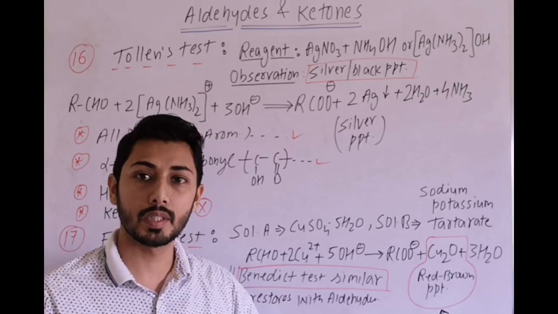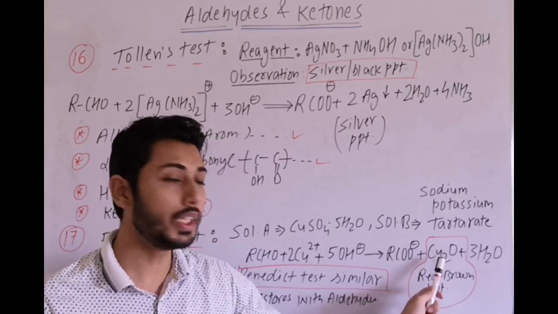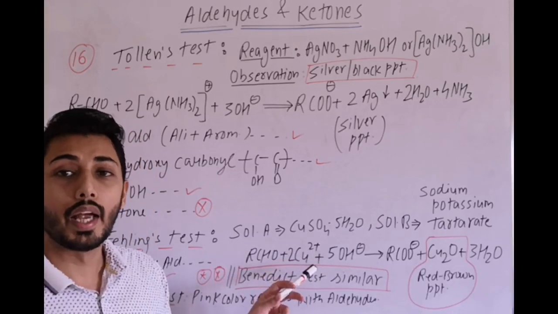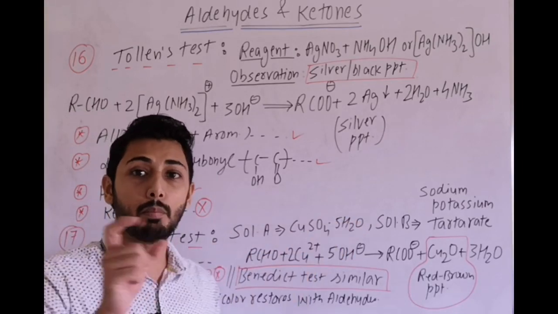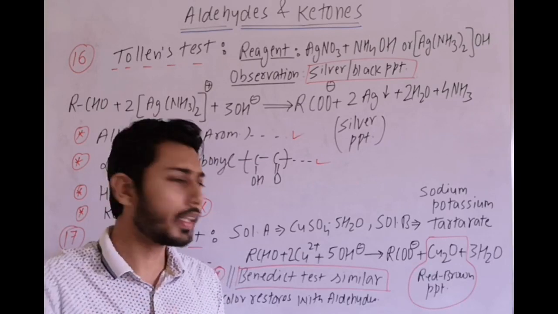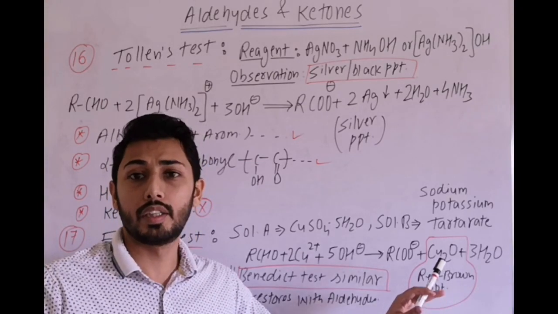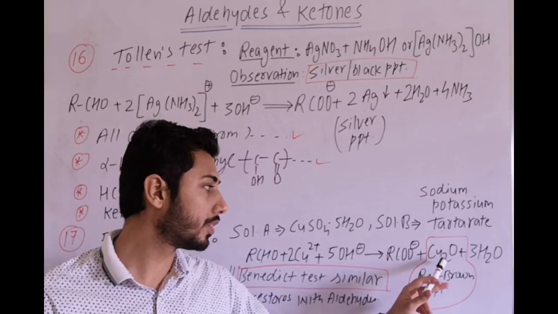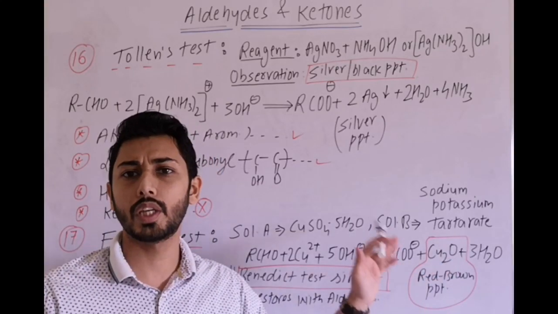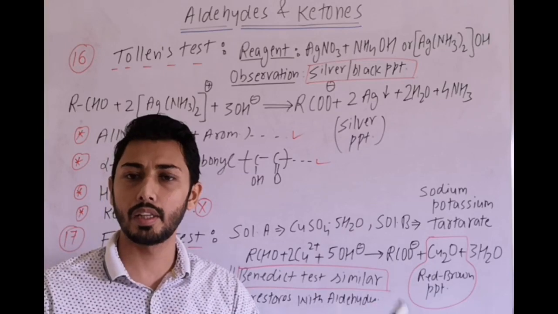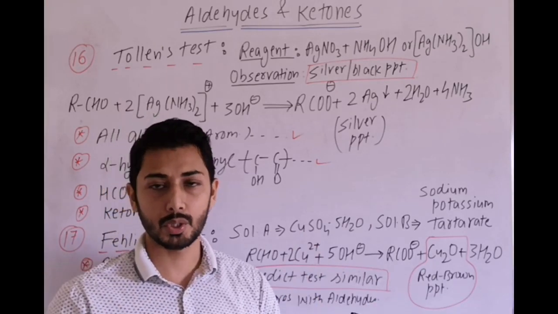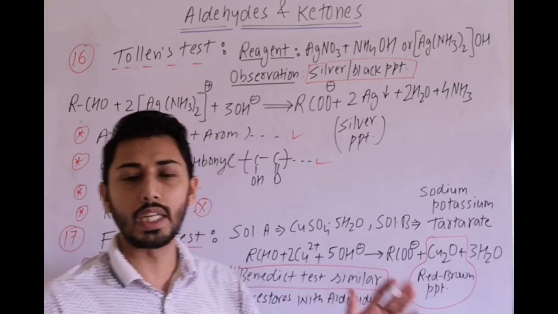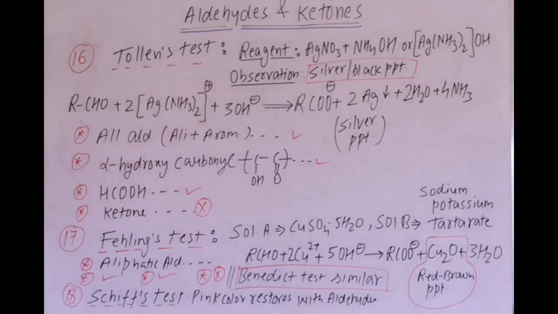This red brown precipitate is due to Cu2O formation. Here copper is +2 and this solution after mixing is blue in color. After the reaction it gives a red brown precipitate, which is due to the formation of Cu2O. Remember, this reaction is given in NCERT in balanced form. Remember that reaction. Most commonly you use these tests to distinguish aldehydes and ketones.